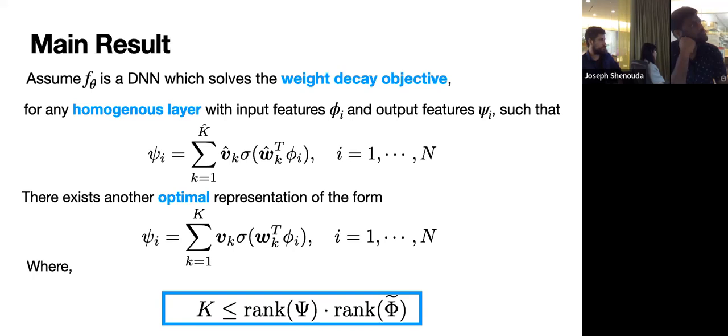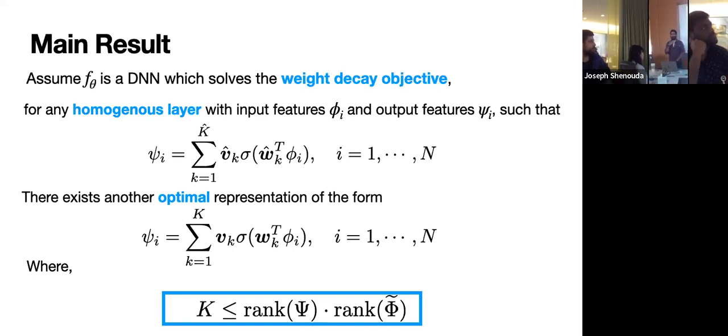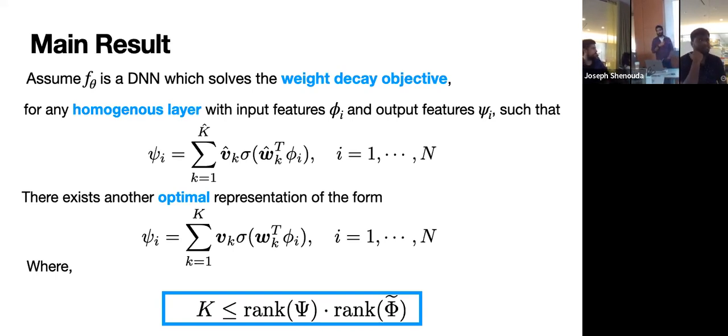Yeah, so this bound is not actually tight. We're not sure if it's tight. When we tried this for the multitask linear problem, even that bound is not necessarily tight. It kind of depends on your data. It's hard to say anything more than this. And the weight decay problem is not unique. There can be multiple solutions. All we're saying is that there exists one that might have no more than this number of neurons.